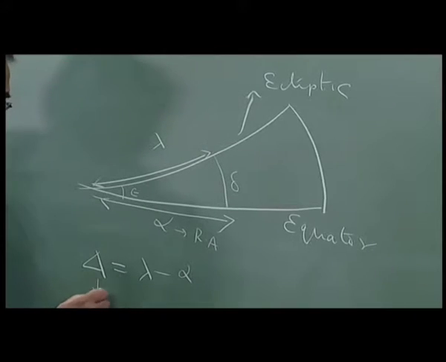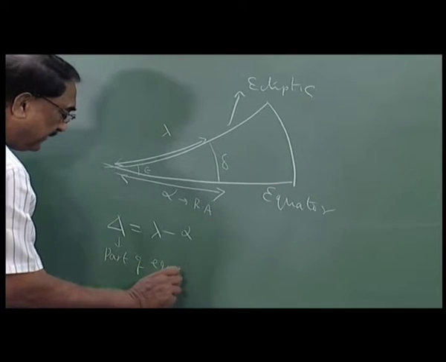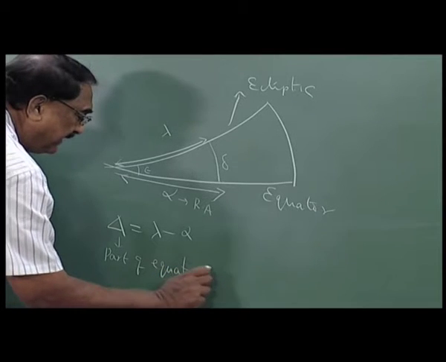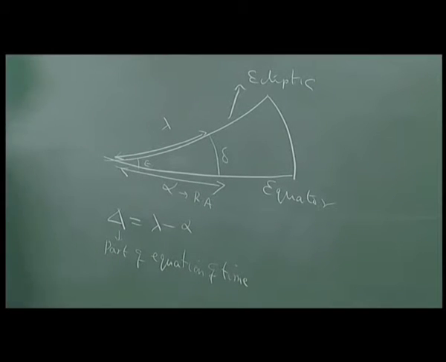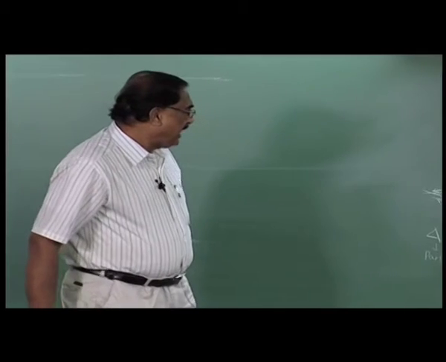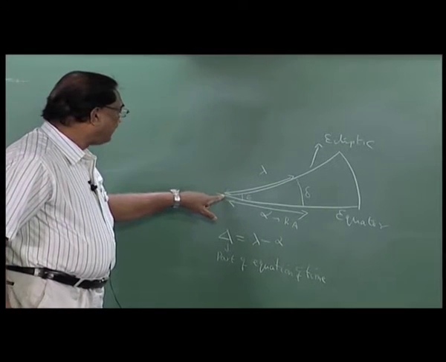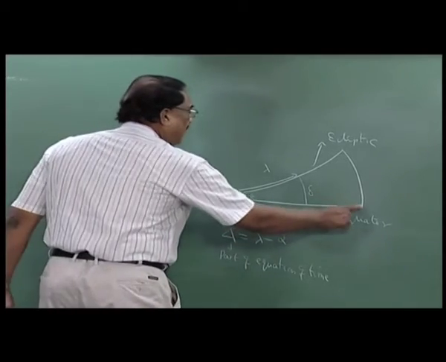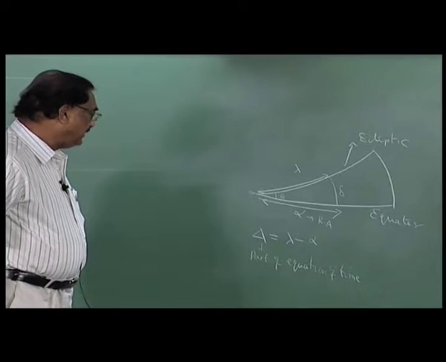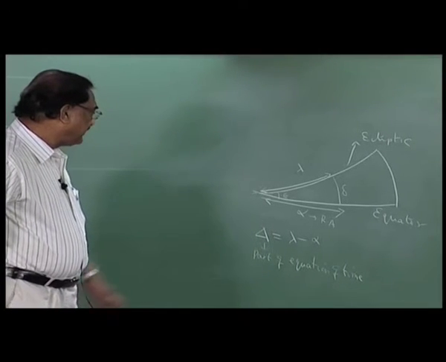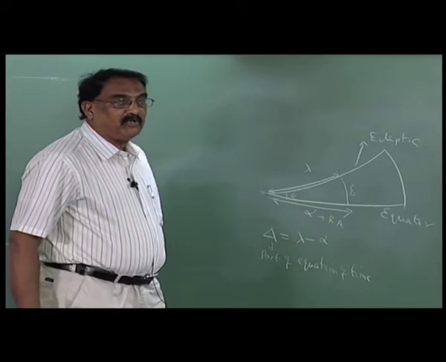So, this is a part of the equation of time which determines when the sun is transiting the meridian. Now, lambda is equal to alpha at this point. Lambda and alpha both are 0, and at this point lambda and alpha are both 90 degrees. So, this equation of time is expected to be 0 here and 0 there, of this part at least. So, in between what do we do?